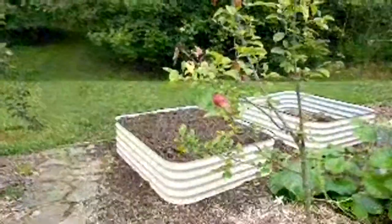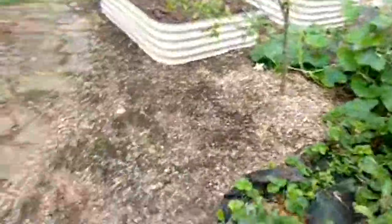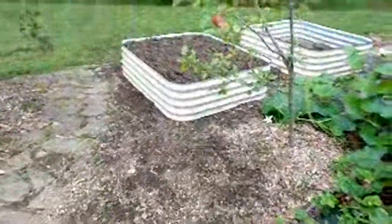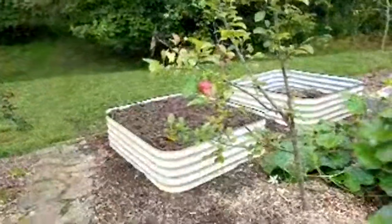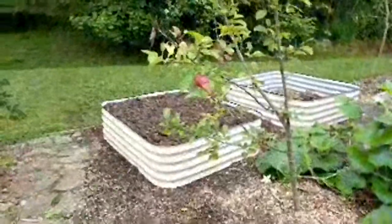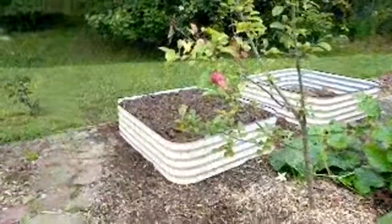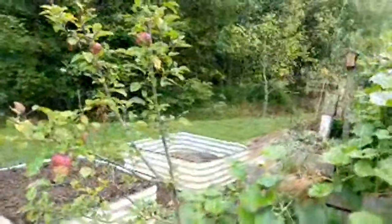Okay, my new beds. So we had a strawberry bed right here. I think I have a video on that, or showed you the bed before. We didn't like where it was at. We didn't like the size of it. So we really like these corrugated metal beds. We just put it in. I just filled it with compost for the one, and the other one will fill out